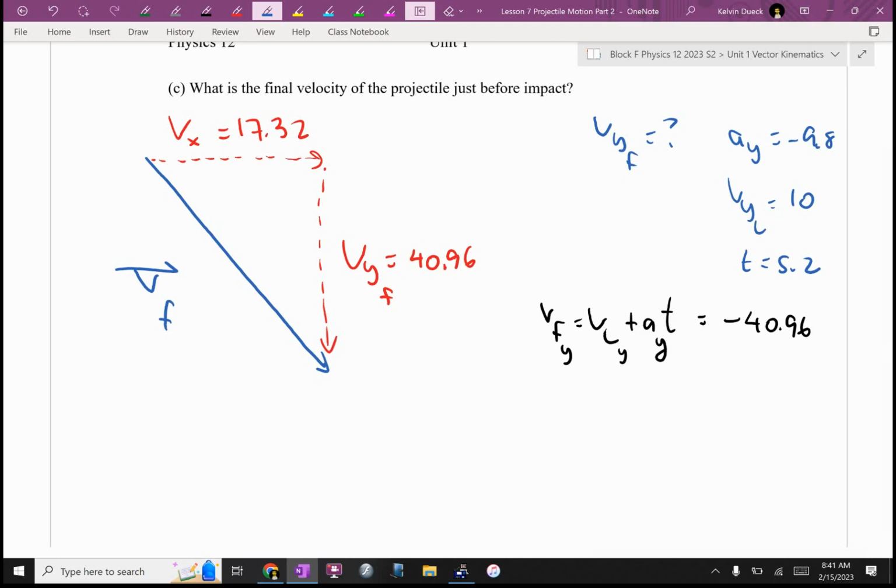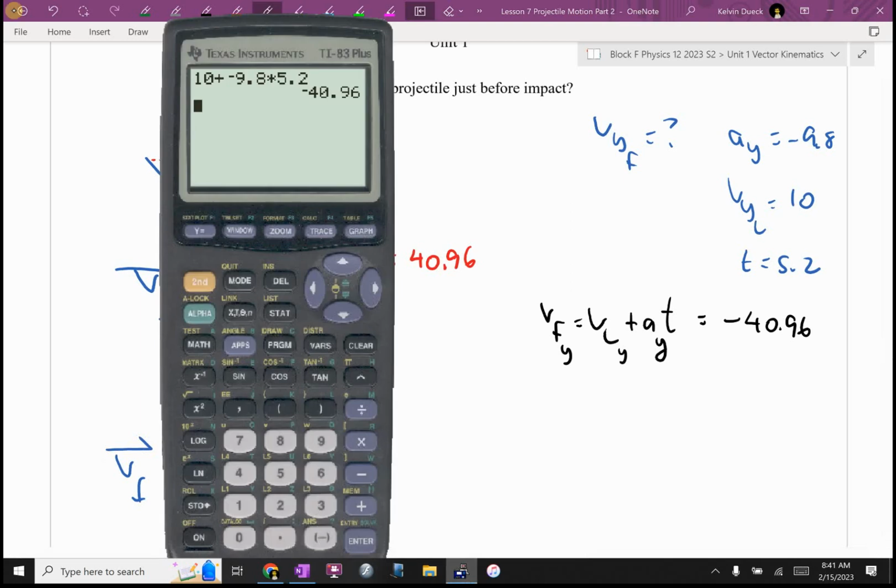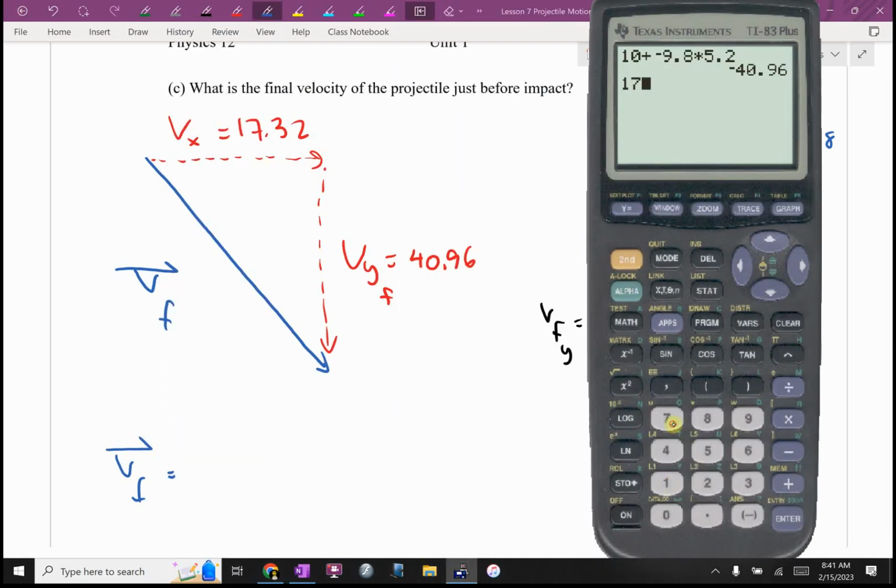Yes, good. Let's go to our calculator. I'm going to go 17.32 squared plus answer squared, square root. Do you get a magnitude of 44.5? That's right, 44.5